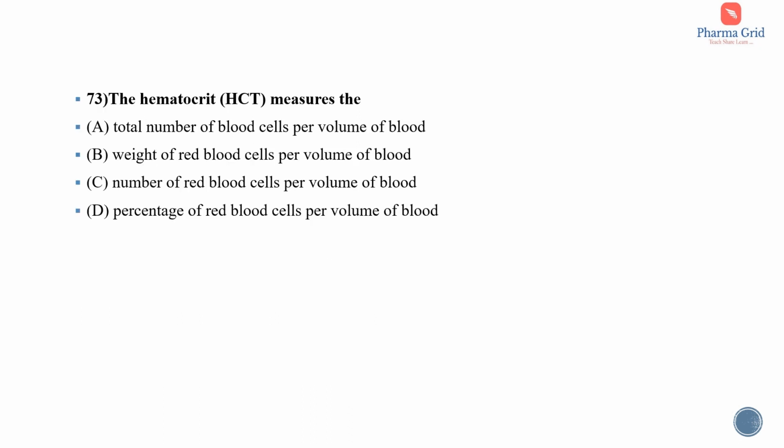Next question. The hematocrit, that is HCT, measures... The options are total number of blood cells per volume of blood, weight of red blood cells per volume of blood, number of red blood cells per volume of blood, percentage of red blood cells per volume of blood. So here the correct answer is option D, that is hematocrit measures the percentage of red blood cells per volume